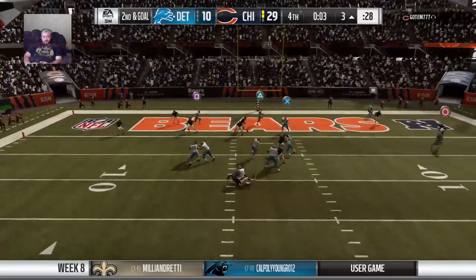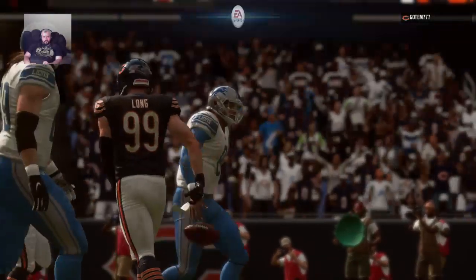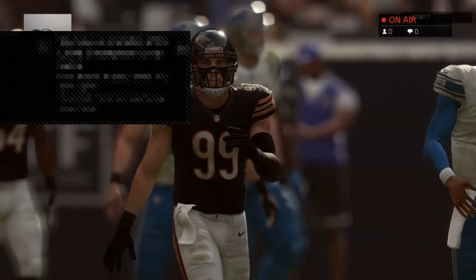Second down, Mariota. Nowhere to escape, and he goes down. Chris Long, busting through. When you're this close to the goal line,